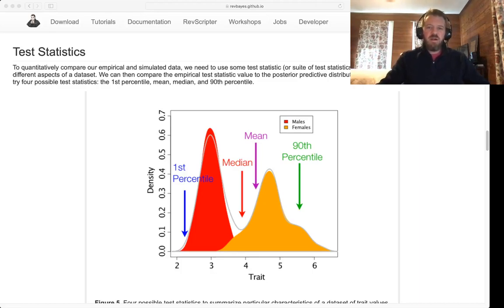So now that we've generated our posterior predictive distribution of datasets by simulating using parameter values sampled from our MCMC analysis, we need a way to quantitatively compare these simulated datasets to the empirical data that we've collected. And this is the role of test statistics, or a suite of test statistics. So a test statistic is just a numerical value that summarizes some aspect of our dataset and allows us to